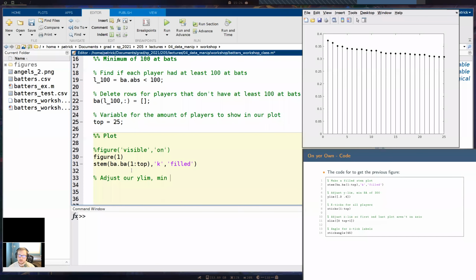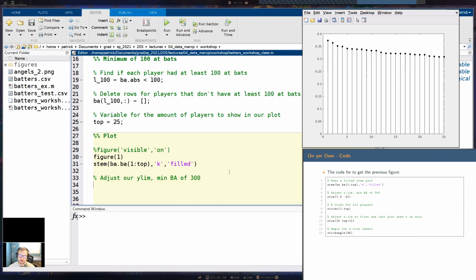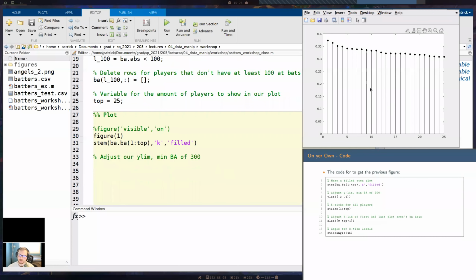We're going to go for a minimum batting average of 300. Because if it were 0, that would mean a batting average of 0, that they never got a hit. Well, we're looking at the top 25 players, so they all have a good batting average.